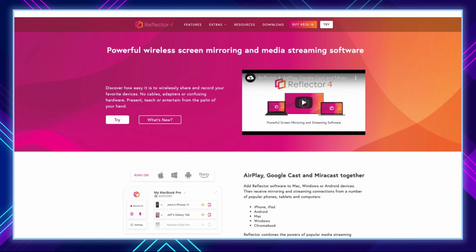If you're a PC user or if you're a Mac user and you can't get the QuickTime hack that I showed you to work, the second option that you have to share your actual mobile devices is to use an app that I actually love, which is Reflector 4. So to get this working, you would need to be on the same Wi-Fi network for both the mobile device and the computer that you're live streaming from.